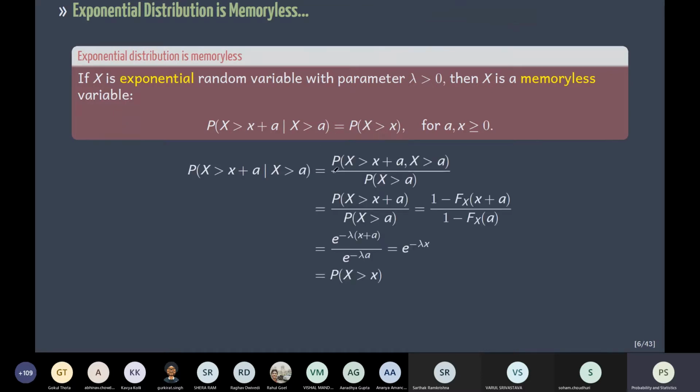So we can prove this for the exponential. This is the proof here. So probability that X greater than x plus a, given that X greater than a. By applying the definition of the conditional, this is the intersection here: probability that X greater than x plus a and X greater than a, divided by probability that X greater than a. So this intersection is nothing but X greater than x plus a only. And then everything is the same. So probability that X greater than x plus a is nothing but 1 minus the CDF